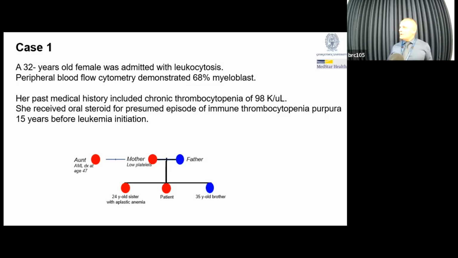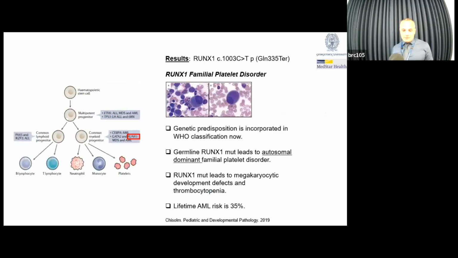It rings the bell that potentially a germline predisposition might be sitting, explaining the initiation of leukemia. So somatically and germline a RUNX1 mutation was detected, suggesting that this patient and the entire family harbor a RUNX1 thrombocytopenic familial disorder that predisposes to AML conversion in 35% of the patients. This is extremely important. You can see the megakaryocytes, they have a prototypic and very classical distribution that is normally